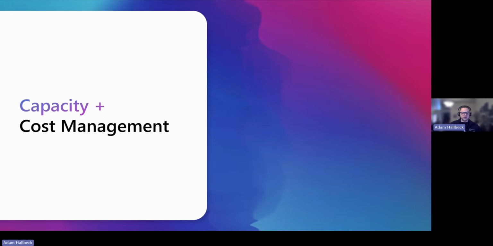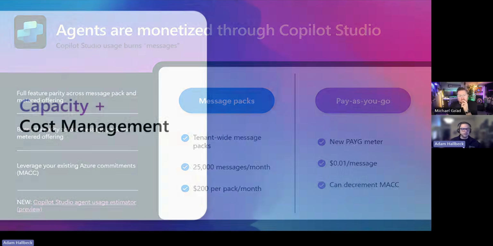So moving on from the agent, environment group, and tenant level settings, what about cost? What about pricing? I'm sure all of you